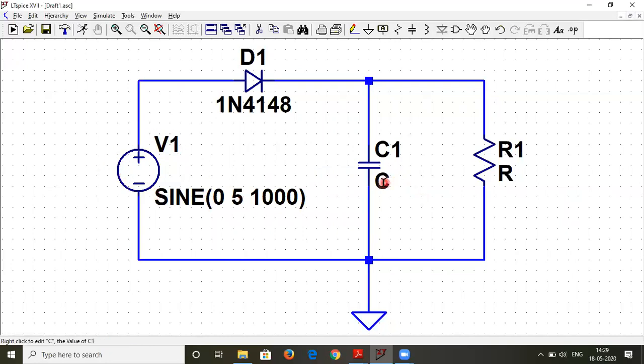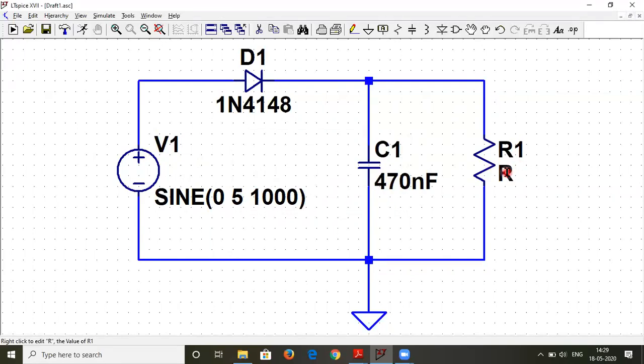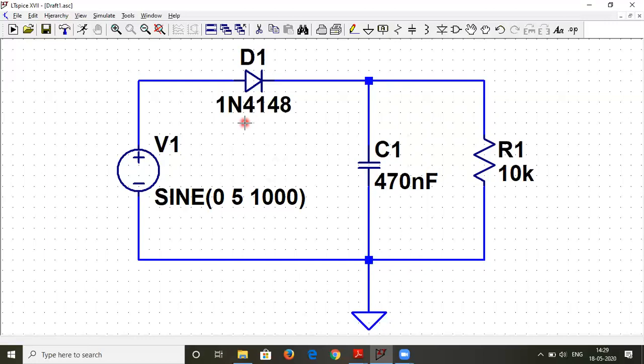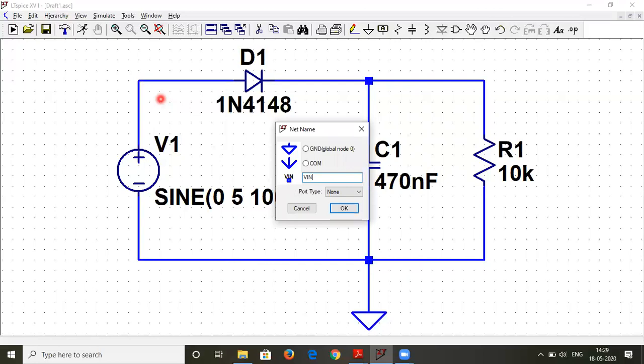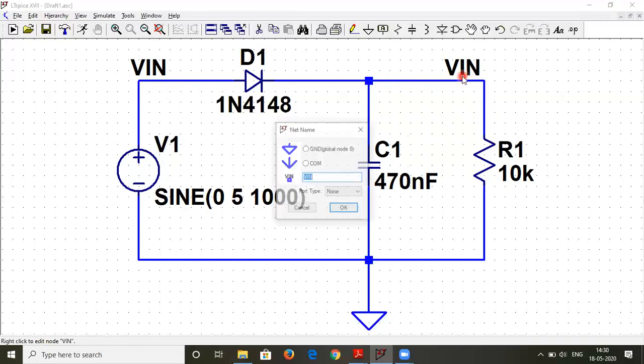Now I have to select the value of C. Let us select it as 790 nanofarad, and let the value of R be 10 kilo ohm. So I have mostly built up the circuitry. Let me label the input node. So this is my Vin and this is my Vout. Let me just right click and make it Vout.